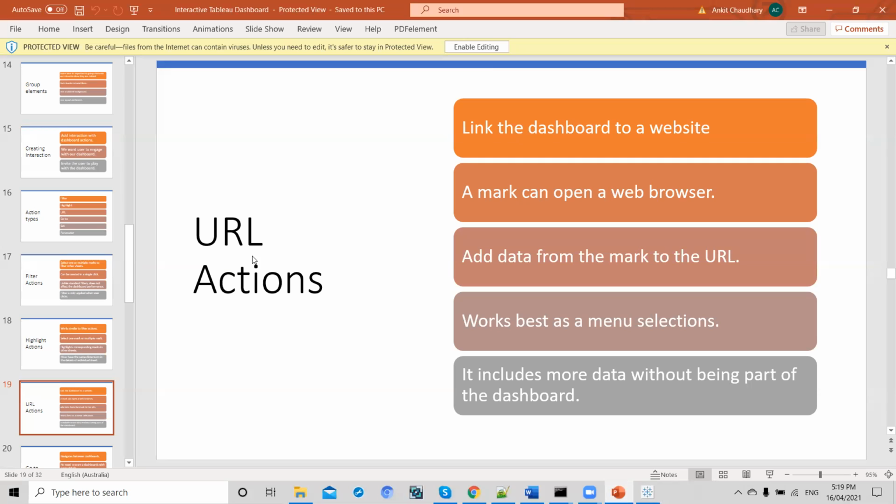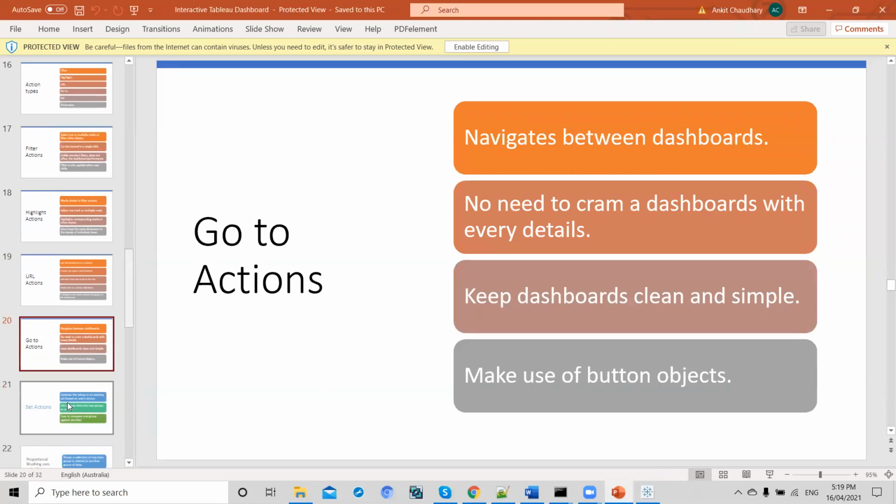So we did URL action, and then comes Go to Sheet action. Go to Sheet action means if we have one dashboard and we want to go to another dashboard, or we want